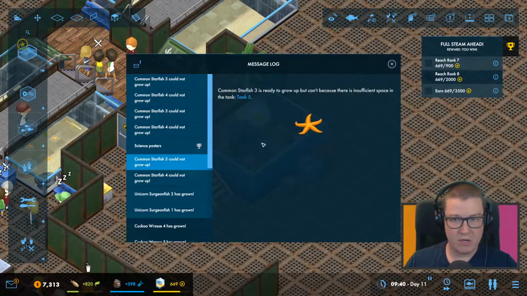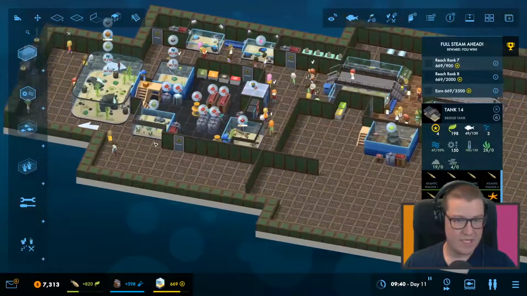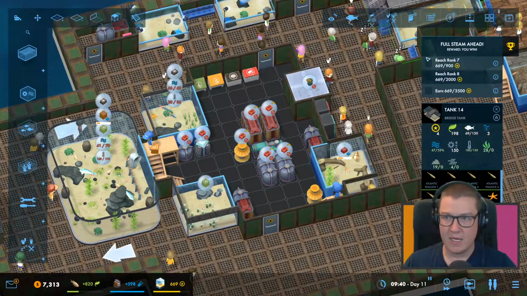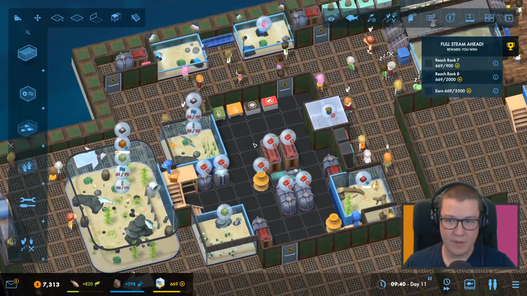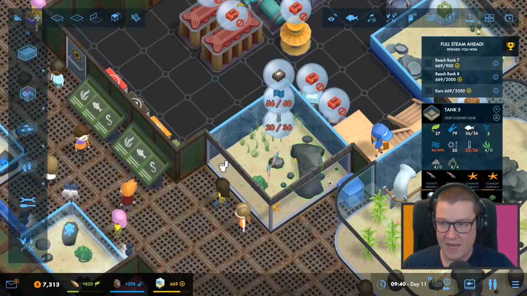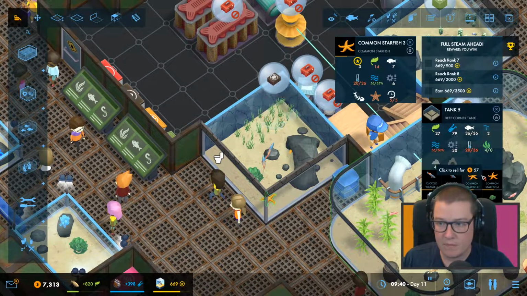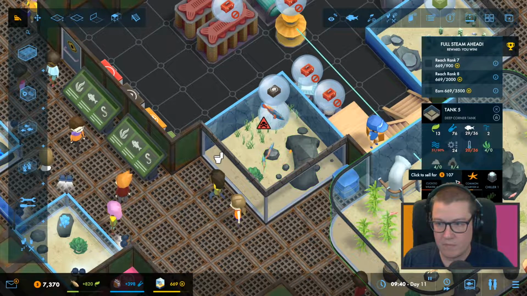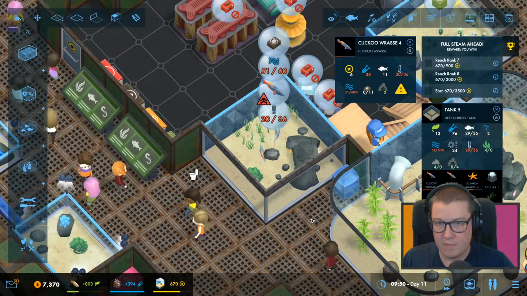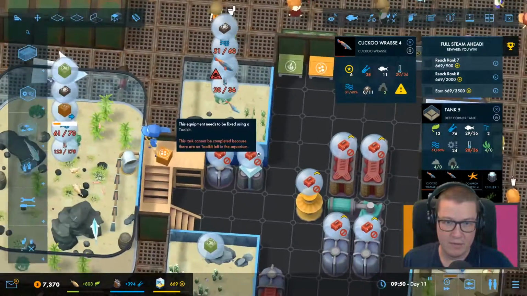Okay, starfish could not grow up. Insufficient space in tank 5. Tank 4. Where's tank 5? Tank 3? Oh man, we're having major problems here as everything's growing up. Okay, so which one's tank 5? Tank 5, here we go. Not enough space for the fishies to grow up, so you just need a bit of an increase on your gear then, don't you? Okay, so you've got to...